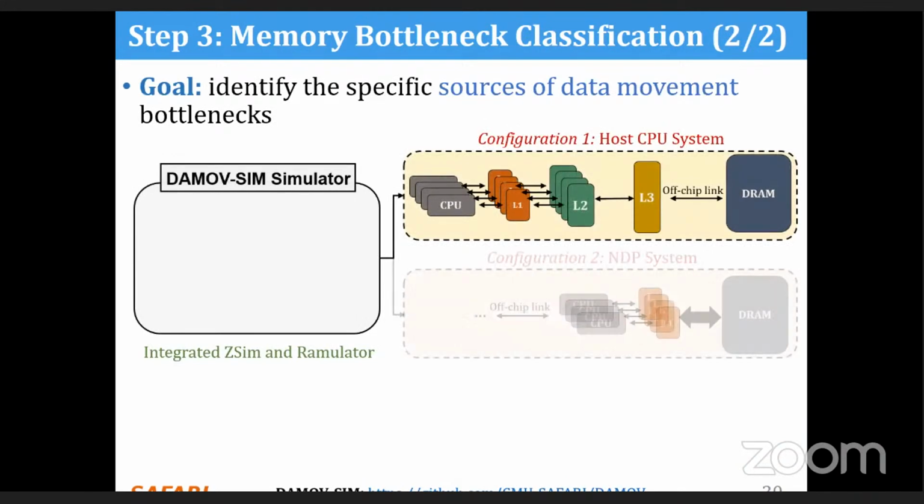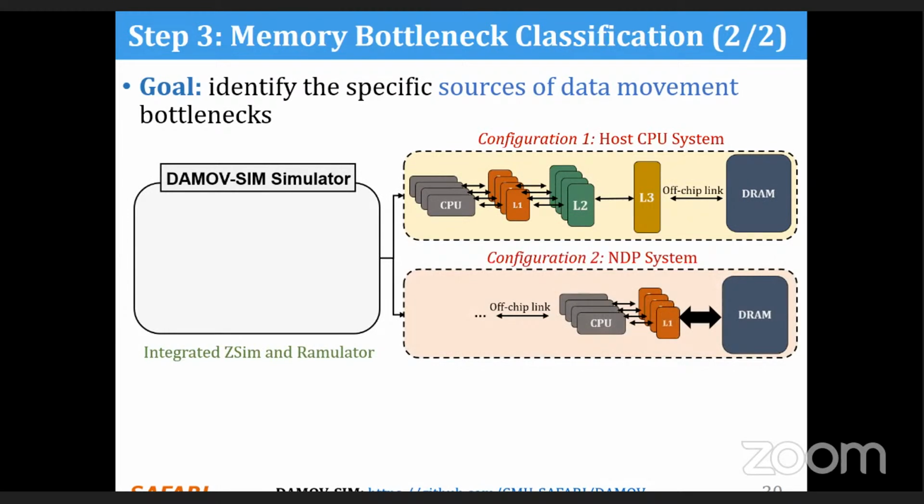In step 3, we use 2 different configurations. One is a host conventional CPU configuration. The second configuration is the NDP system, where we assume that we have some cores near DRAM. And now let me clarify very briefly the assumption. Even though this is architecture-dependent analysis, because we are doing simulations here, and we need to assume some organization here, some CPU architecture, some characteristics of L1, for example, cache line size, and many more things. We try to keep it somehow